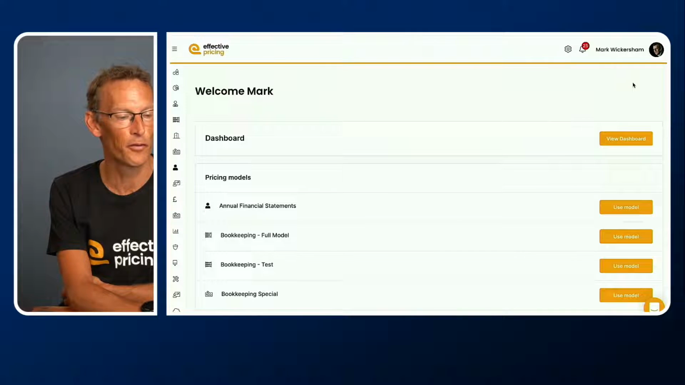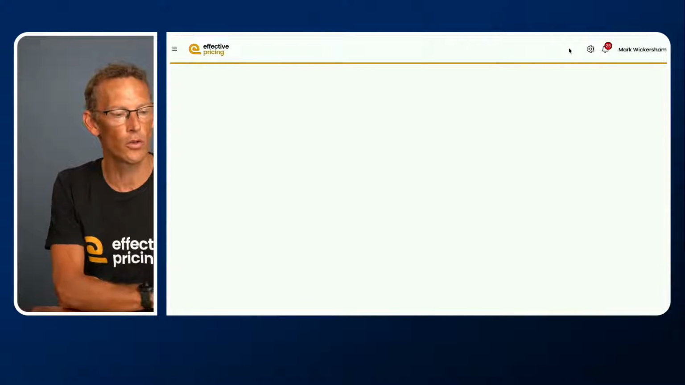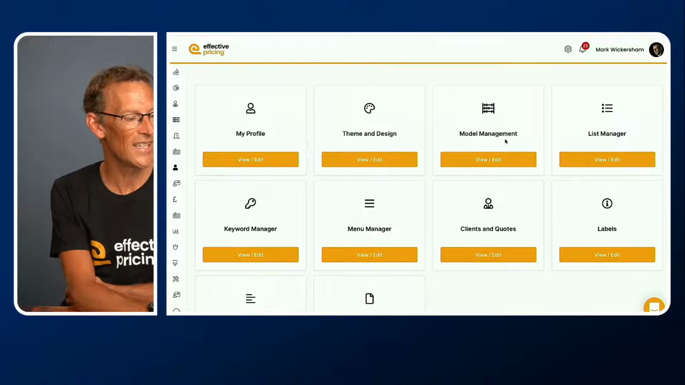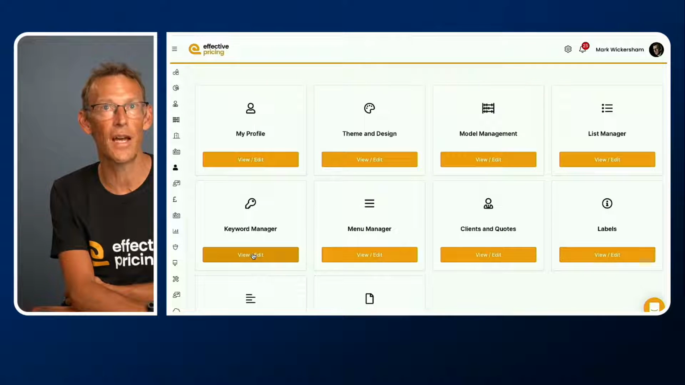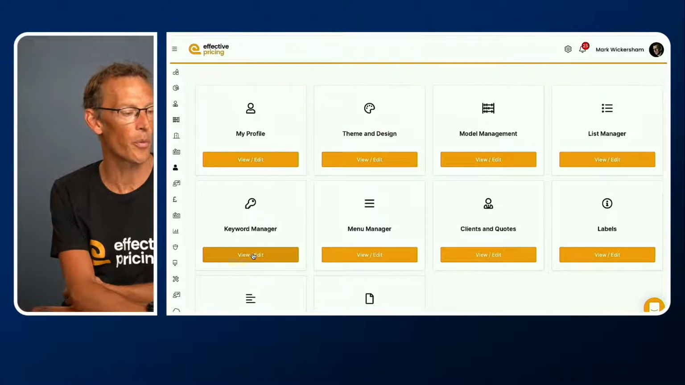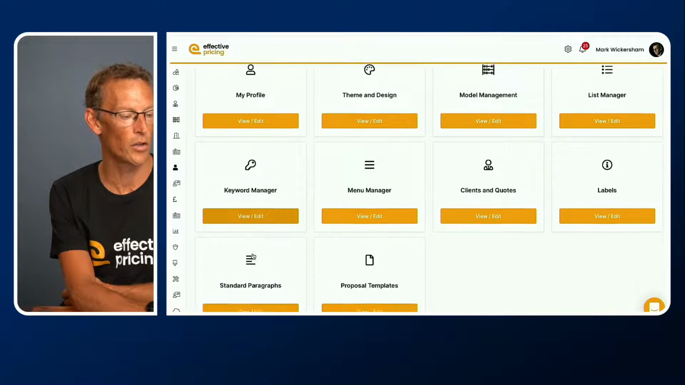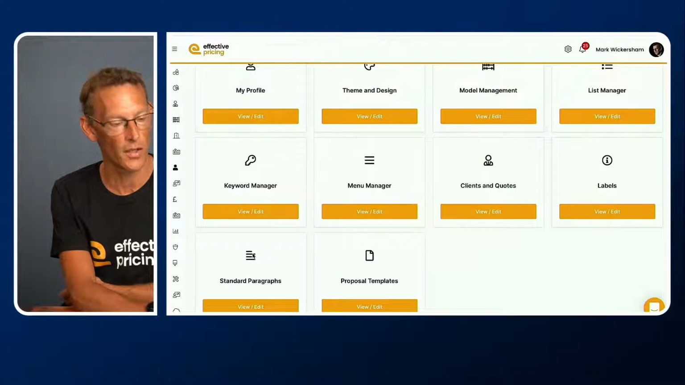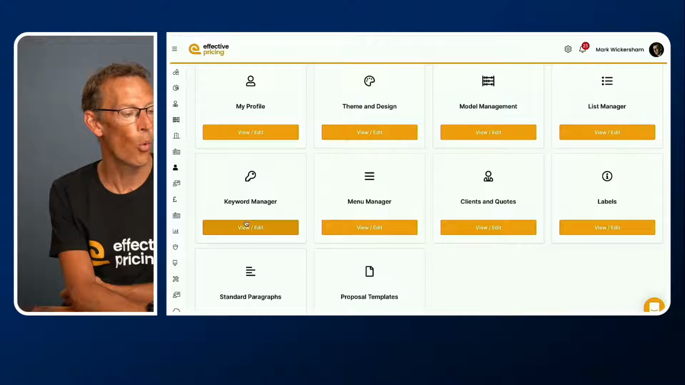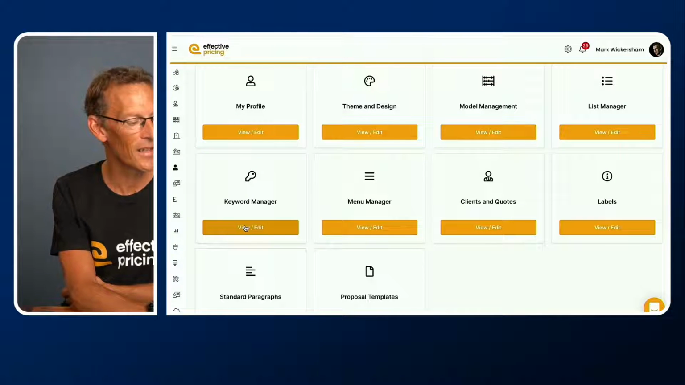Thank you, Sarah, for that question. But the cogwheel is where you set everything up. So if I go into the cogwheel, you will see over on the left-hand side, this is where you set things up, like, for example, where you set up your proposal templates, your pricing models, and so much more. One of the options is Keyword Manager. So if I select the Keyword Manager,